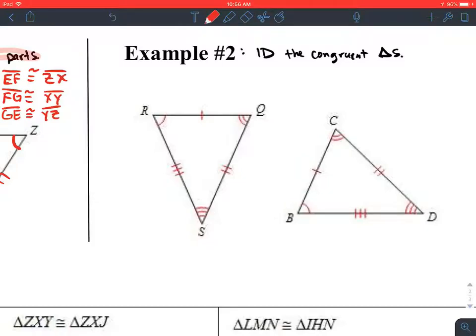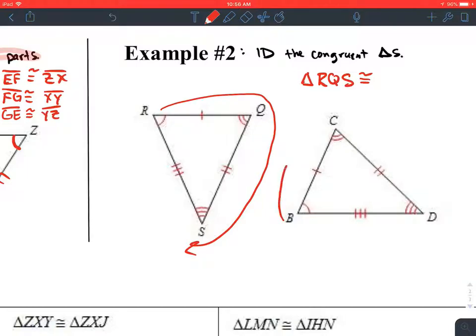Here's what I would do. I'd focus on the angles. I'm going to look at triangle RQS. I'm going to go 1 arc, 2 arc, 3 arc. So I'm going to write that down from the 1 arc to the 2 arc to the 3 arc. You don't have to go in that order. You can go in any order you want. But when you pick the second triangle, you got to go in the same order. For me to go 1 to 2 to 3 arcs, I'm going to have to go